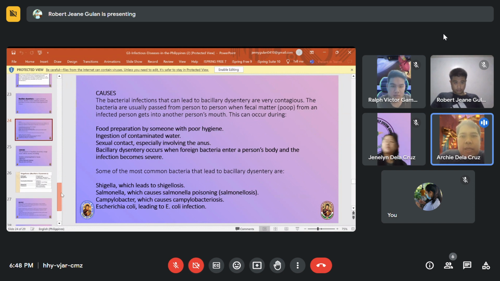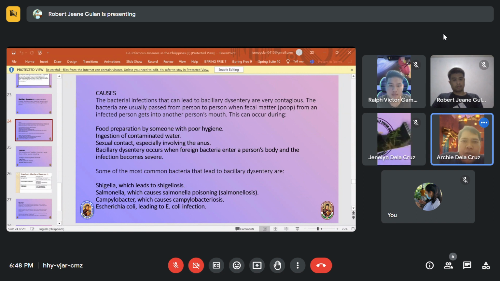These are the causes of the bacillary. The bacterial infection that can lead to bacillary dysentery is very contagious. The bacteria are usually passed from person to person, from fecal matter or yung poop from an infected person gets into another person's mouth. This can occur during,